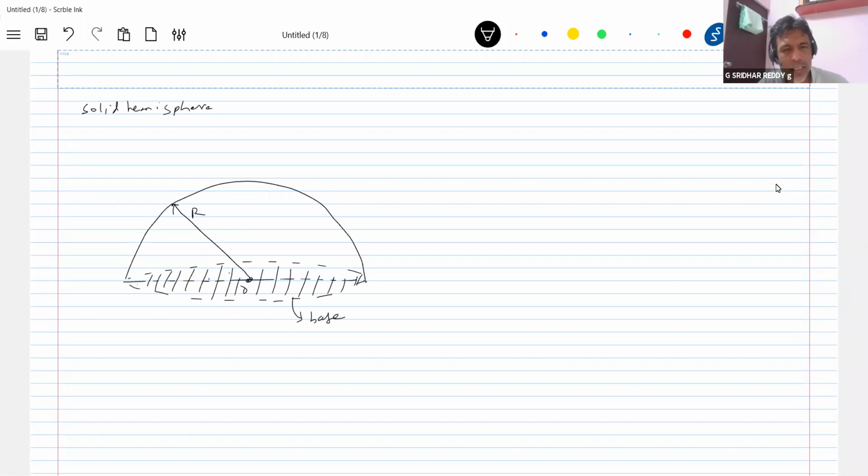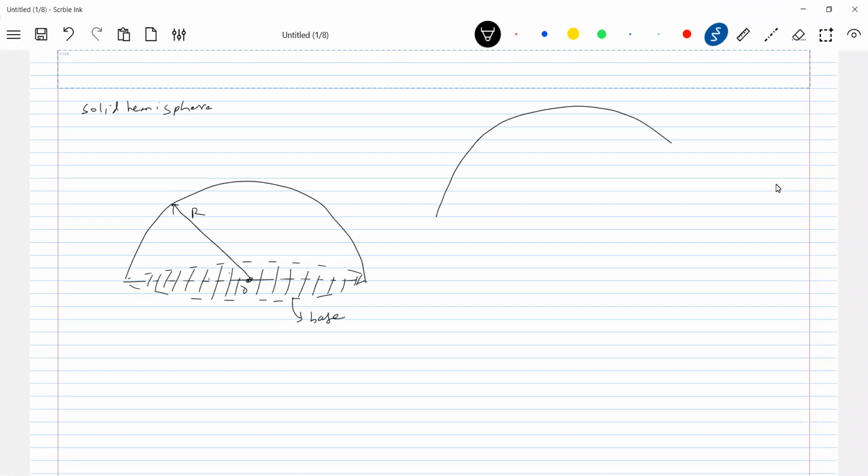So now we have to look at the center of mass of this. What best we can assume here is that this solid hemisphere is made up of hemispherical shells of increasing radius. I'll give a plain diagram. So let this radius be equal to r, thickness of this dr, mass of this, let it be dm.